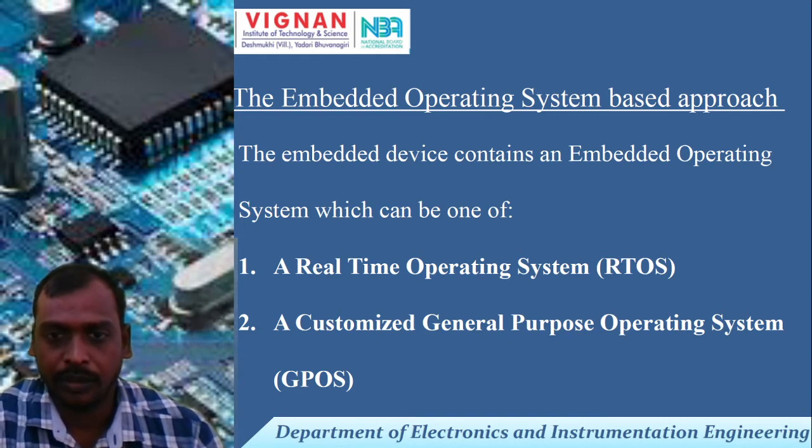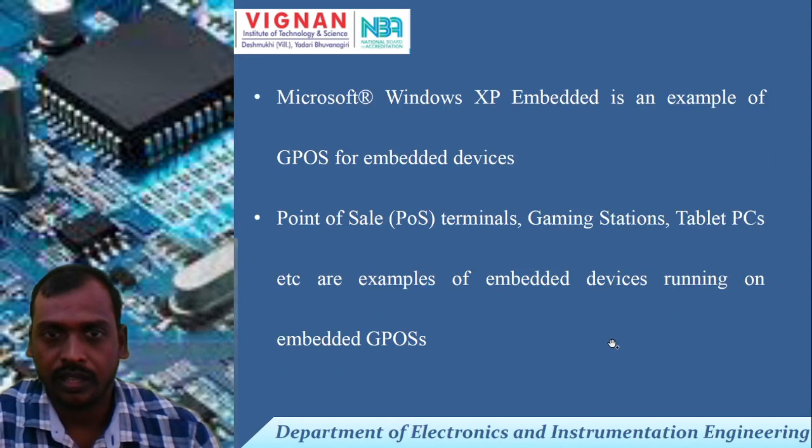With a real time operating system, the end user only uses the designed application. The users cannot alter the program once the program is written. For example, take the washing machine. You put the clothes into the washing machine, and automatically it will wash the clothes and dry the clothes. That means it has RTOS tasks that execute the operations one by one. Microsoft Windows XP Embedded is an example of a general purpose OS for embedded devices.